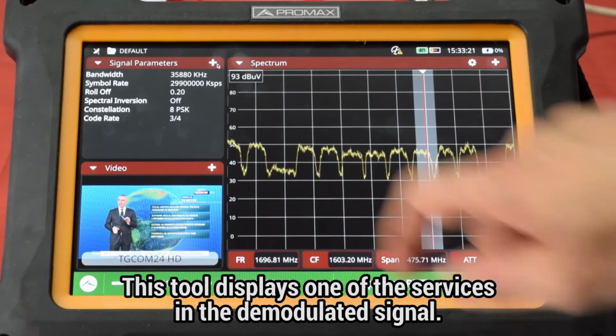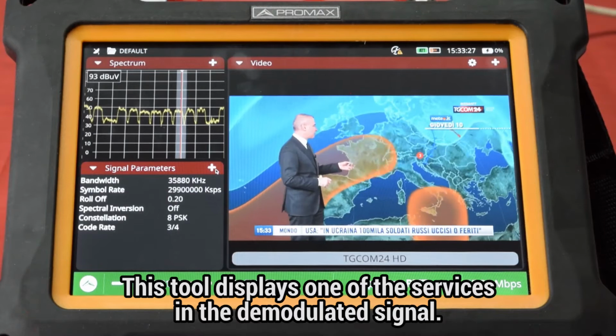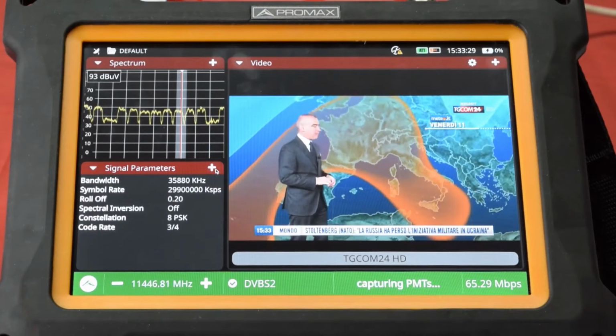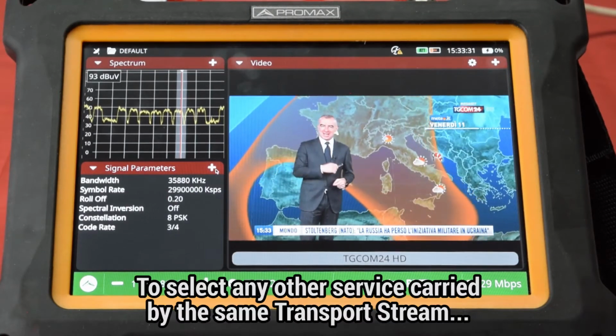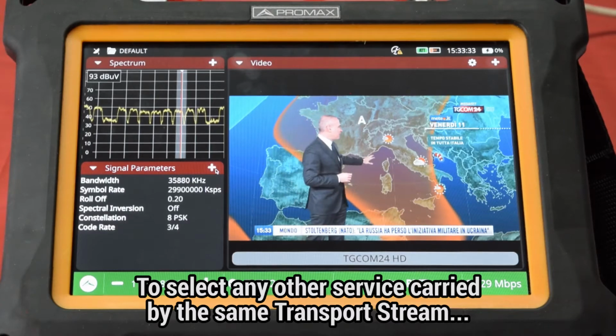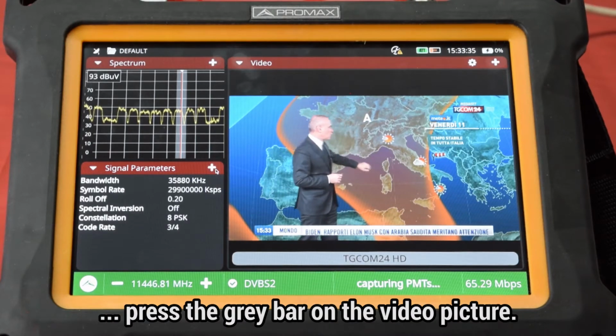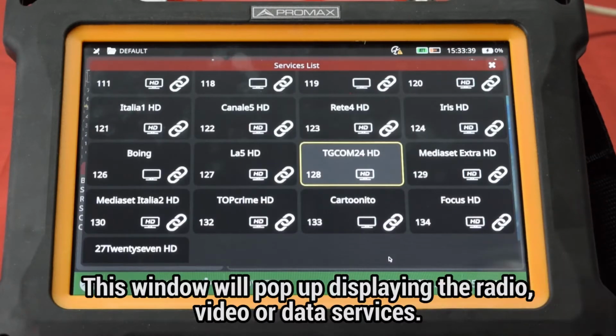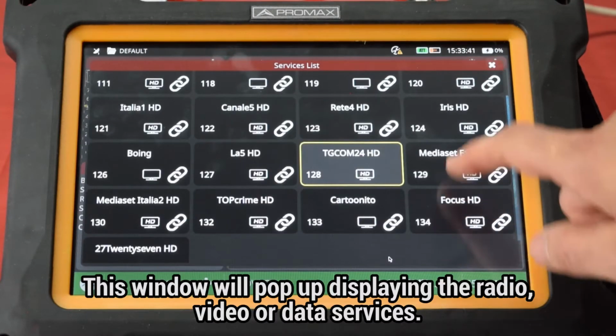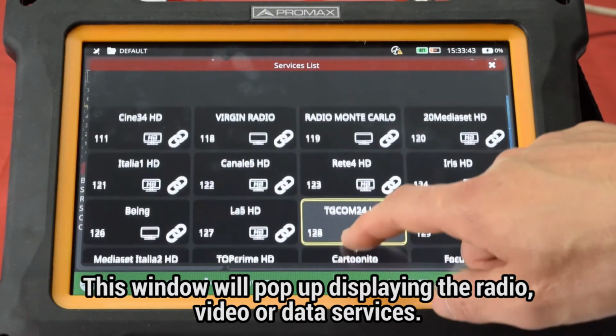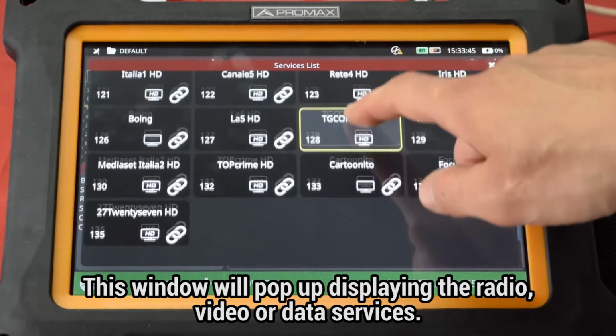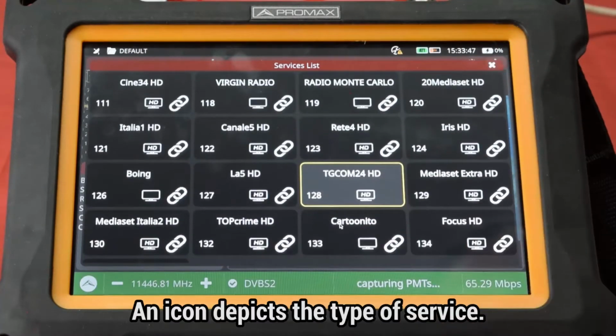The video tool displays one of the services carried by the signal being demodulated. In order to select any other service carried by the same transfer stream, you must press on the gray bar below the video picture on display. A new window will open up showing all services available, whether they be radio, video or data, which is shown